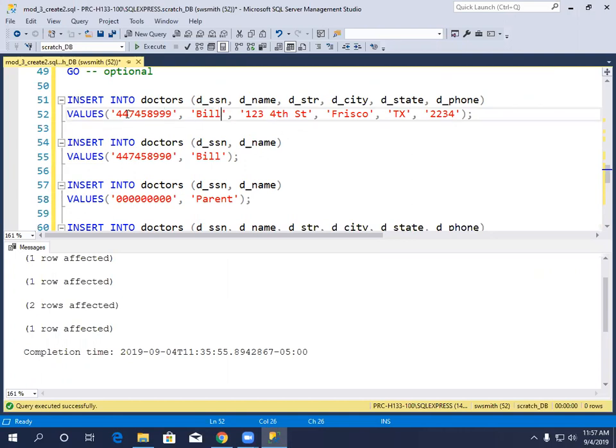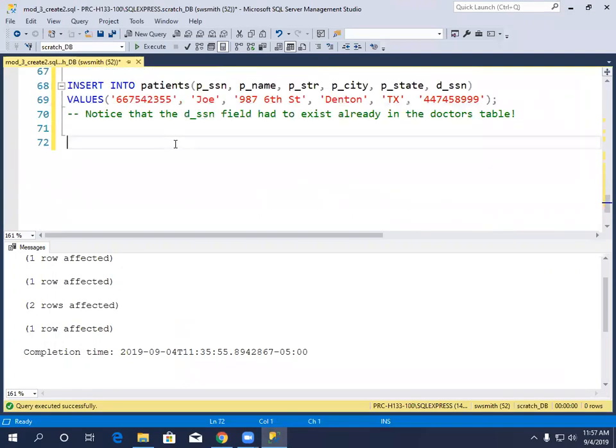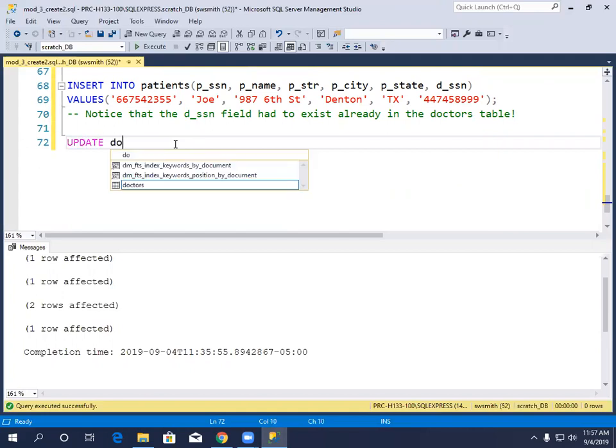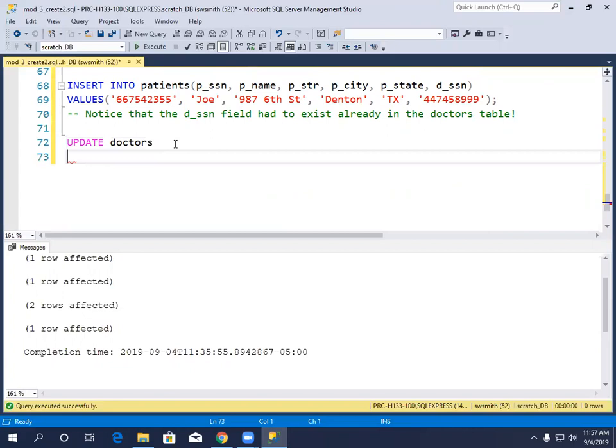So if I say update doctors, I usually go to the next line, set